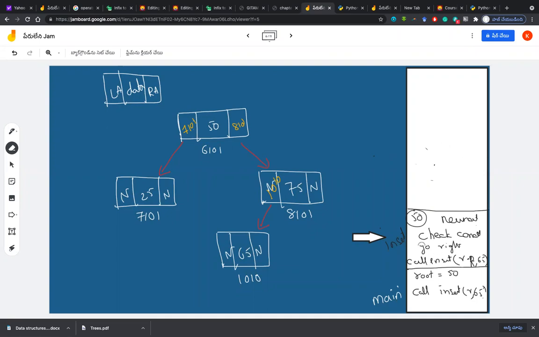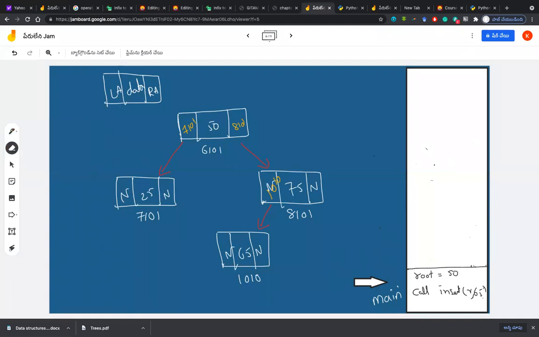And in this insert, is there anything left to do? Nothing is there, right? After the last instruction call insert, nothing is there. Can I pop out again? Yes, sir. Yes, we can pop out. So that means it is also popped, erased, and still main is working constantly. So this time I want to insert 55.